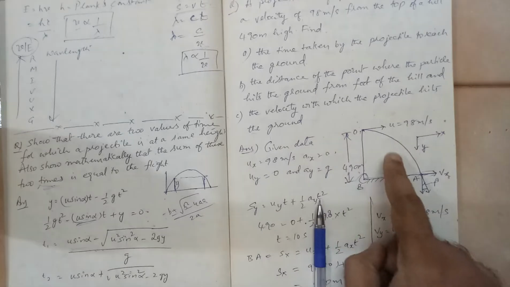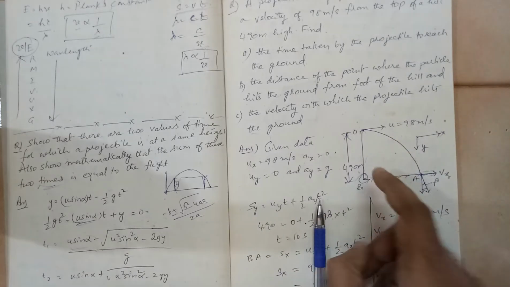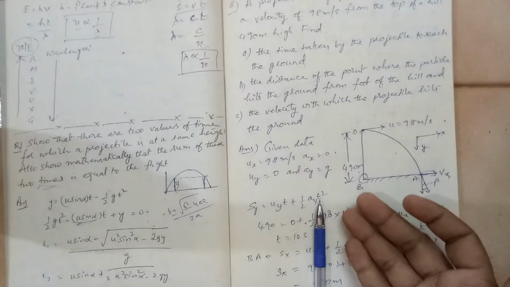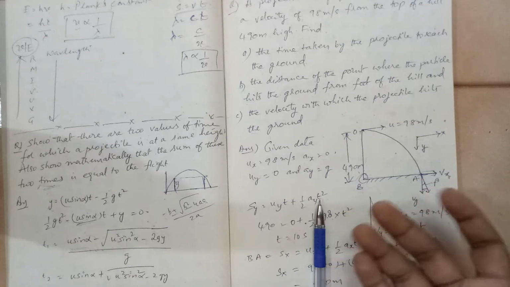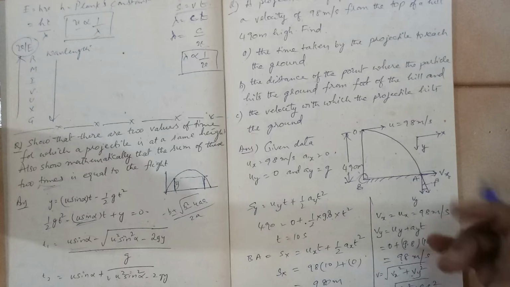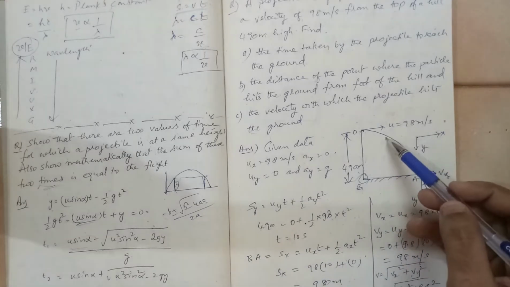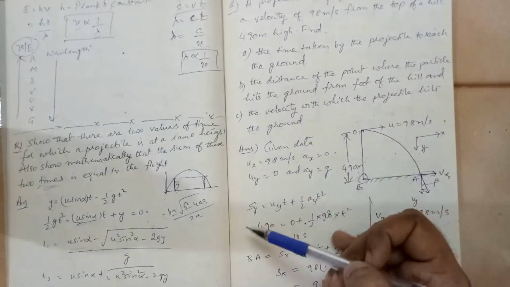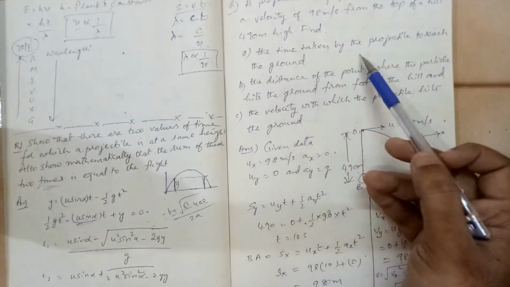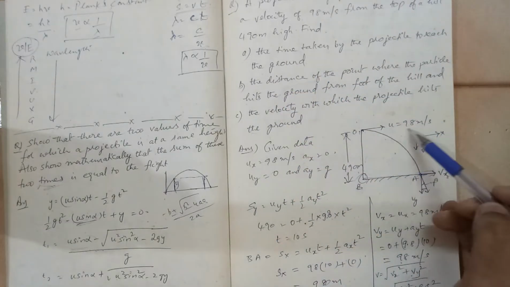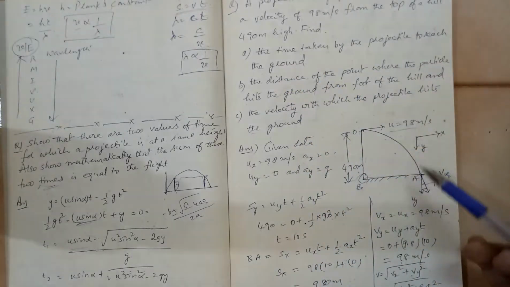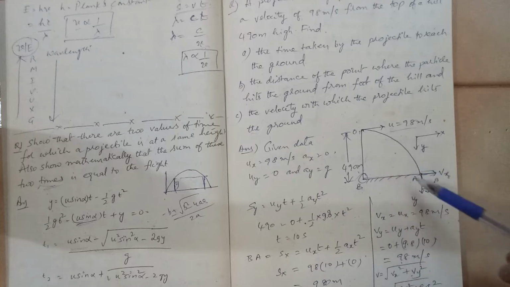The horizontal speed with which it has been thrown remains constant, because there is no acceleration in the horizontal direction. If there is no acceleration, there is no question of change of velocity. So here acceleration a will be equal to g. So we can apply our equations. Height is given, initial velocity is given. He is asking you after what time it is going to hit the ground. Let us say it is hitting the ground at A.